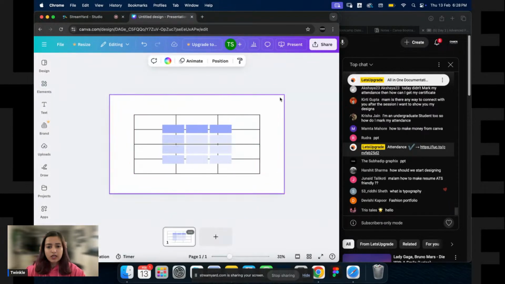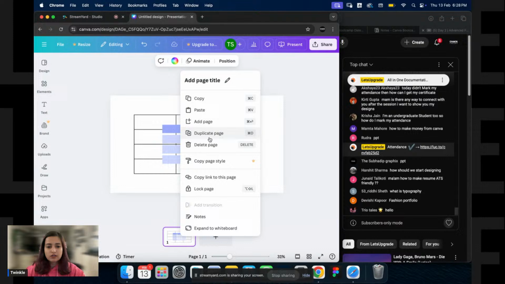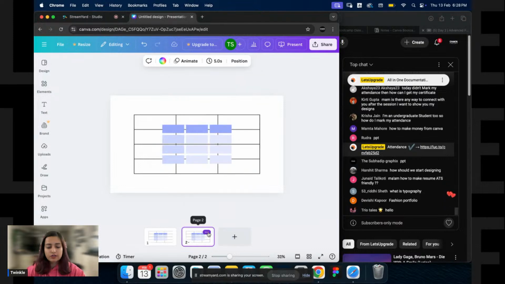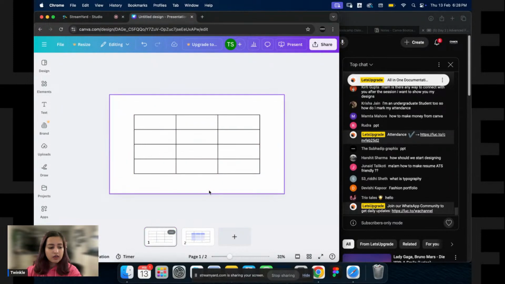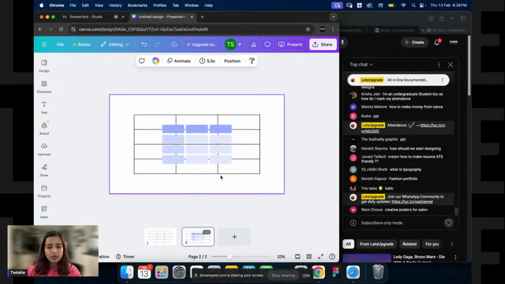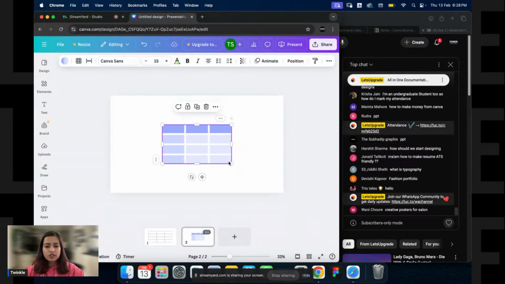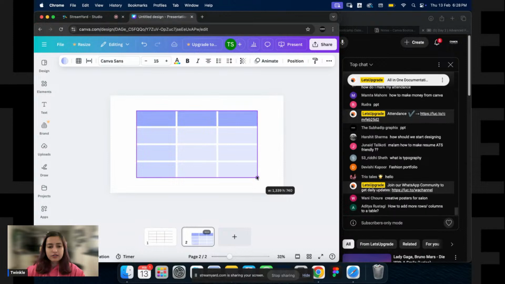So I'm just going to collapse this and duplicate, or I can just go to the three dots and duplicate, deleting this from here. Okay, I think I need to delete it completely. Yes, and similarly for this. Okay, so these are two design styles that I have used from